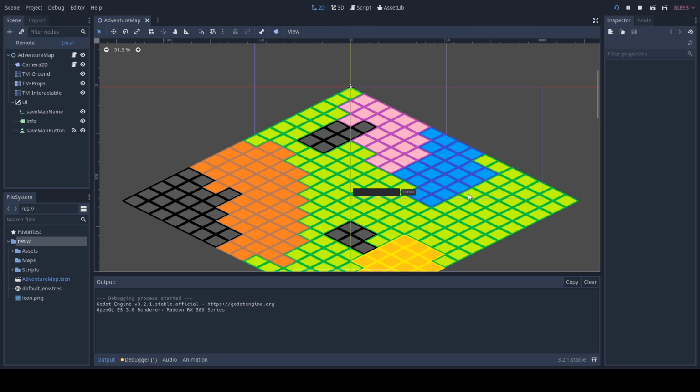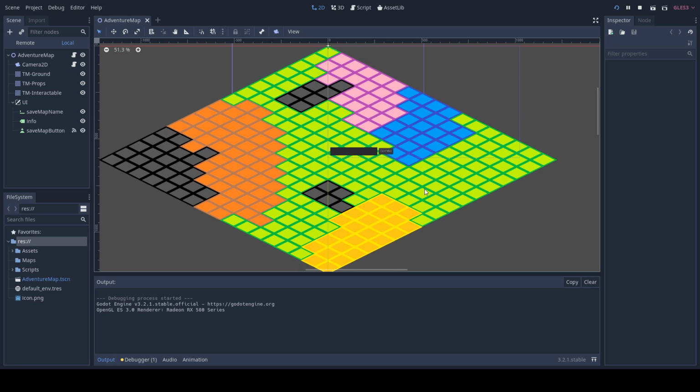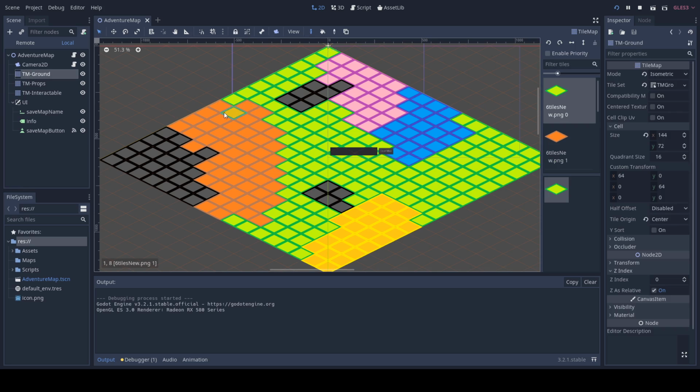I'm going to show you guys how I've solved making a camera system for a top-down 2D strategy, turn-based strategy, or whatever adventure game, whatever you'd like. As you can see, the tile maps over here are set to isometric, and this is just a small tile map that I've made only for testing purposes. And I really had issues with getting the camera to work properly,